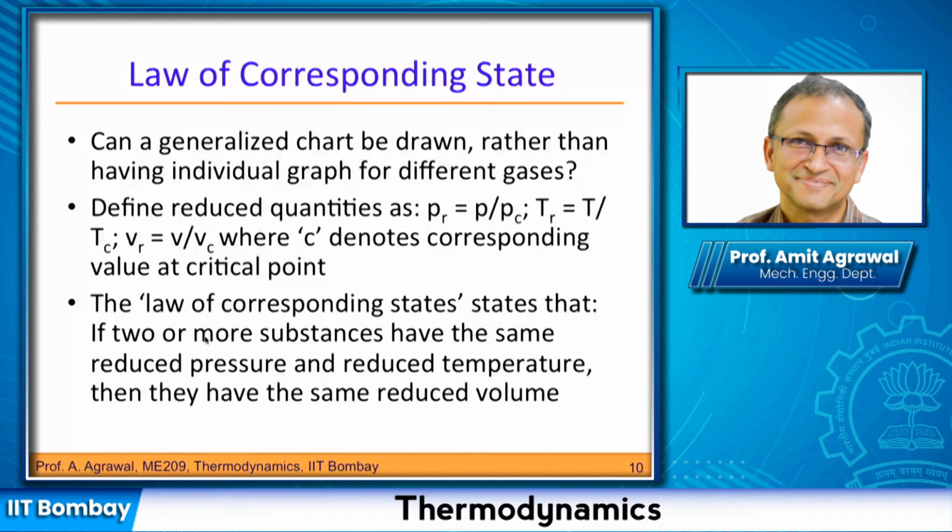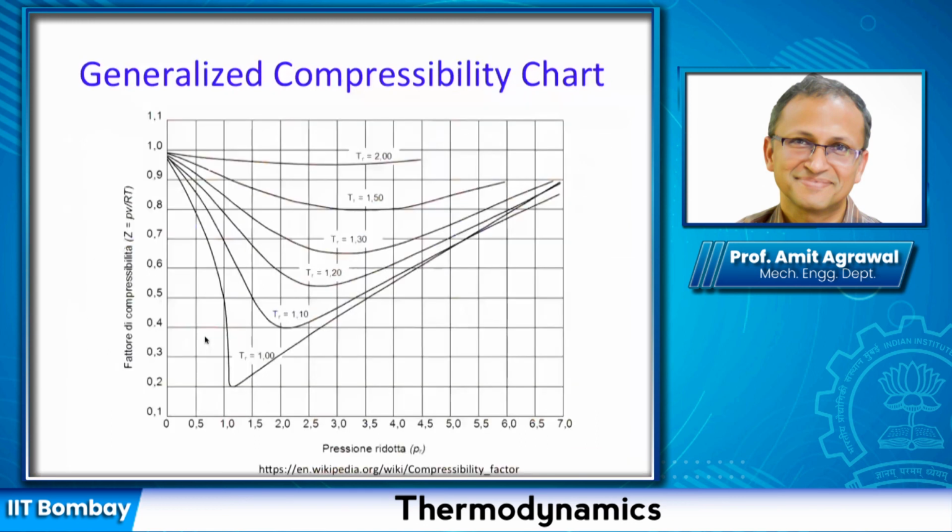Yes. So the different curves that were there, they are for all gases. Those curves can be used at different temperatures. That's exactly what I'm saying. Correct. Okay. So if you plot various gases, or various substances, by going to these axes, which are PR and TR now, you will have the same specific volume, as we said, and therefore the same compressibility factor. So all these gases are now reducing to this curve.